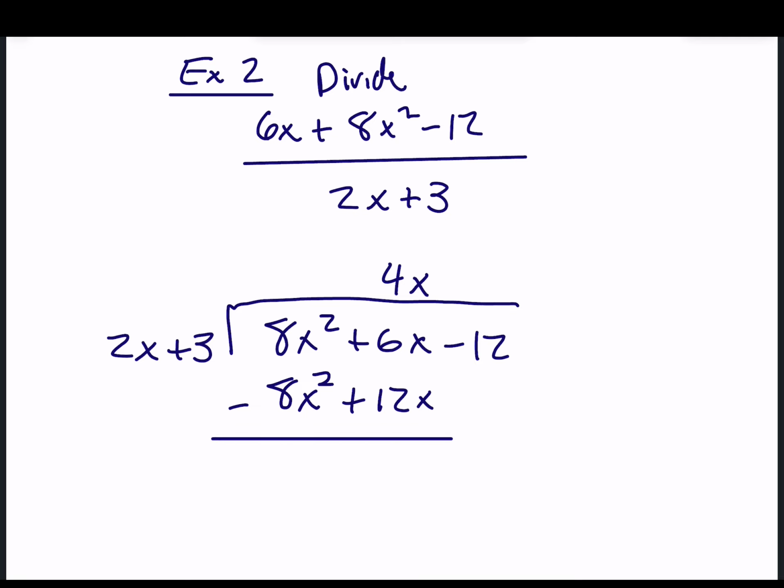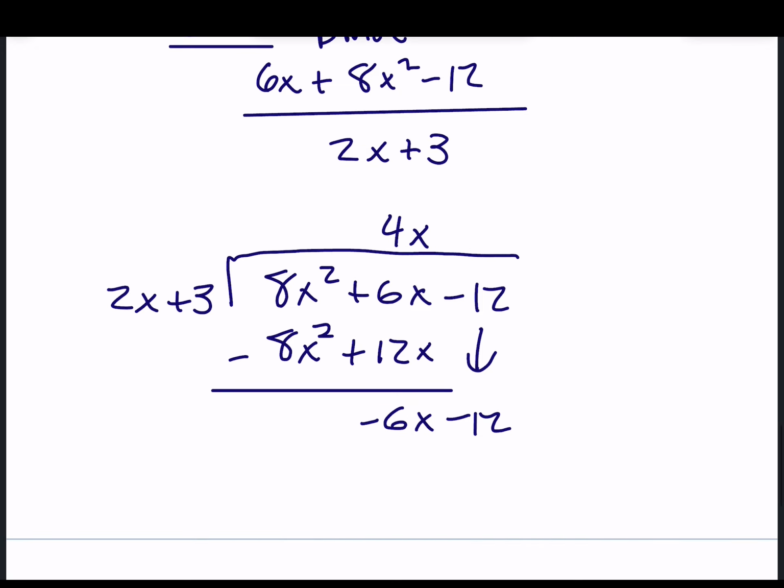So we subtract. 8x squared minus 8x squared is 0x squared. 6x minus 12x gives us a negative 6x. We bring down our negative 12. Okay, and then we need to see how many times will 2x go into negative 6x, and it will go